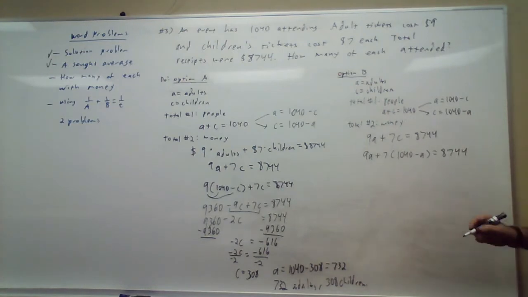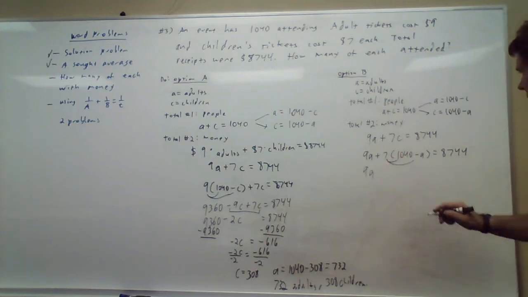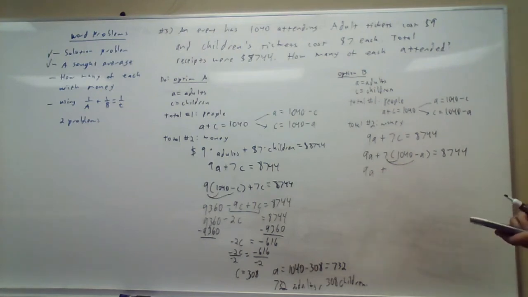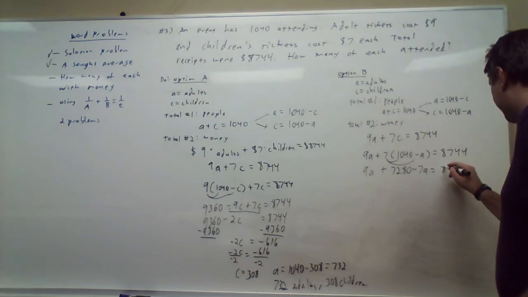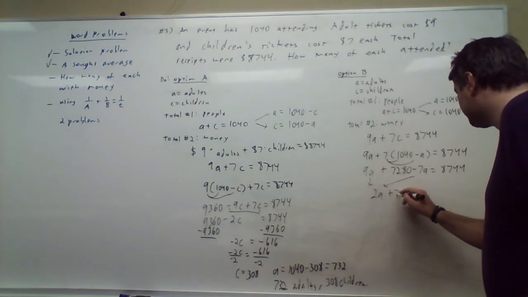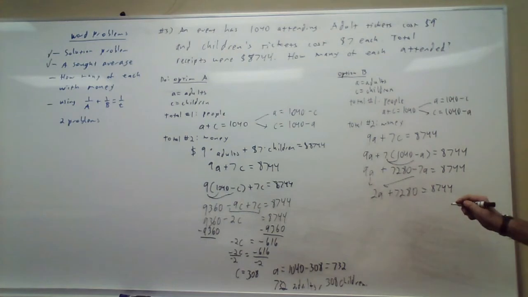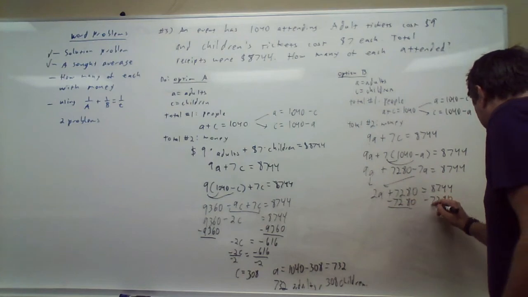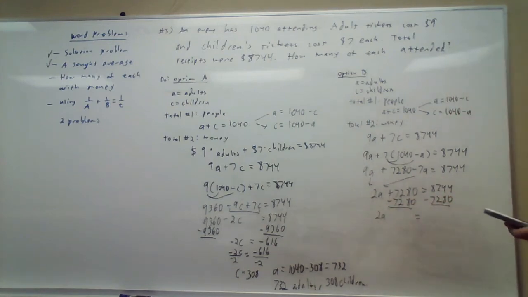Like so. Okay? Distribute 9A plus 7 times 1,040, 7280. Minus 7A equals 87.44. And these two combine into 2A plus 7280 equals 87.44. Okay, subtract the 7280, and you end up with 2A equals 87.44 minus 7280,